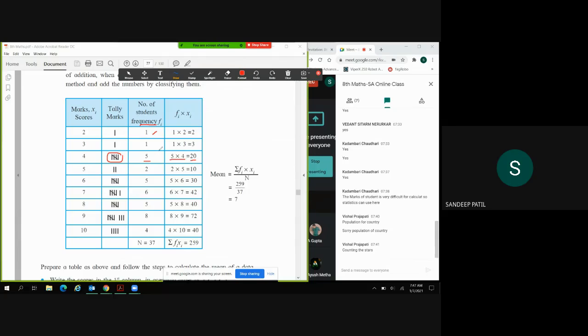और हमें क्या करना है, इनका एडिशन करना है। तो हम क्या करेंगे, उनको 5 into 4 करेंगे तो हमें वो एडिशन मिल जाएगा। इस प्रकार से हर चीज का हमने, हर मार्क्स का हमने इस प्रकार से फ्रीक्वेंसी और उनका मल्टीप्लिकेशन कर दिया, और इनका एडिशन कर दिया, 259। सो हमें पता है कि टोटल 37 है।